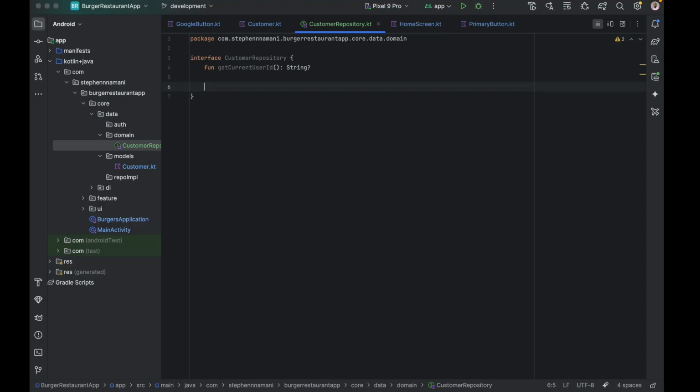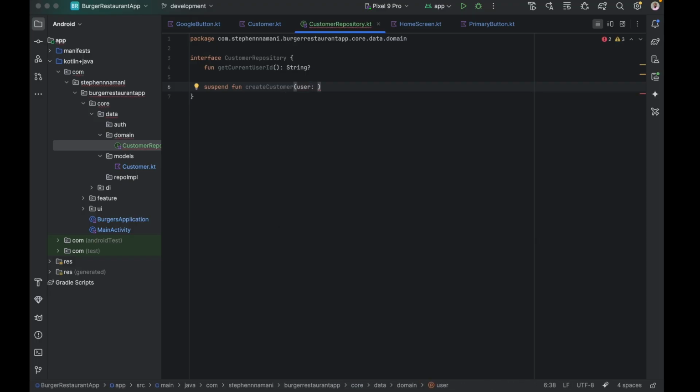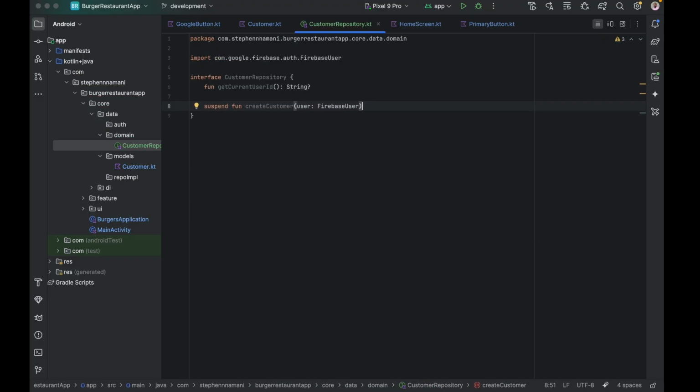So then again, we'll have another suspend function which is going to create our new user in case the user has not been previously authenticated, right? So createCustomer, and it's going to have a parameter which is user, and it's going to be a Firebase user. Then it's going to return a result which is going to be a unit, right? So now these are the two functions that we have in our customer repository for now. So let's now